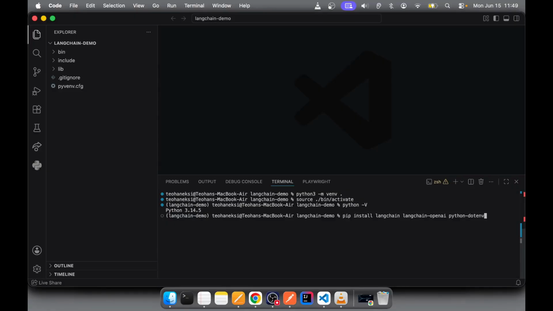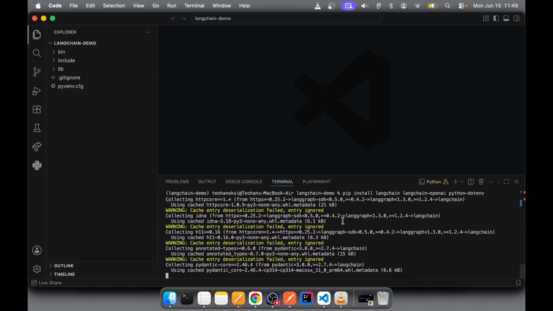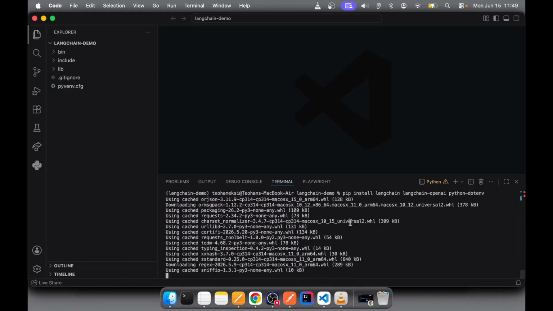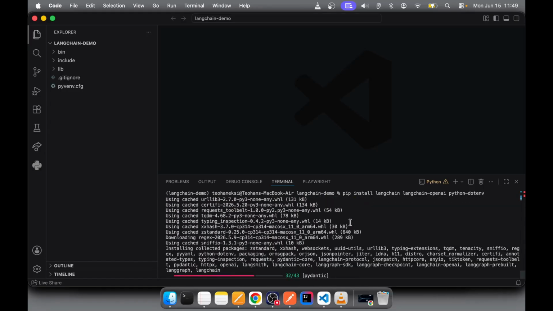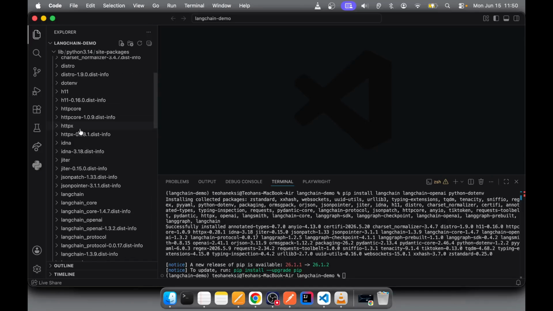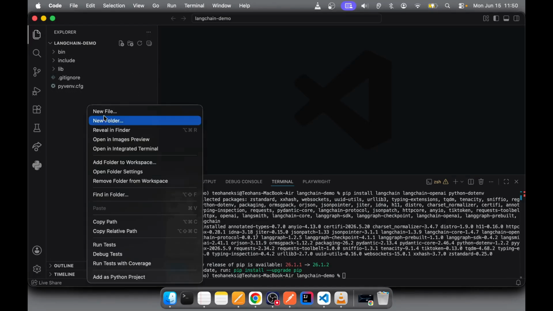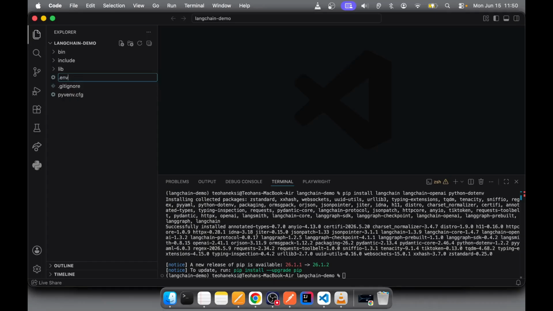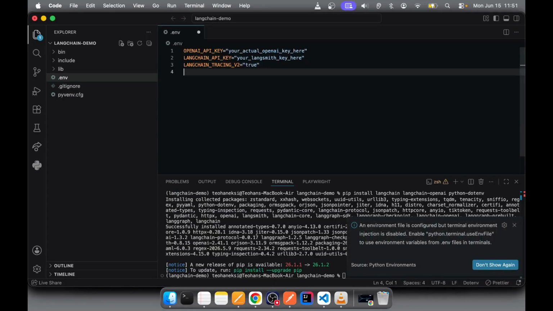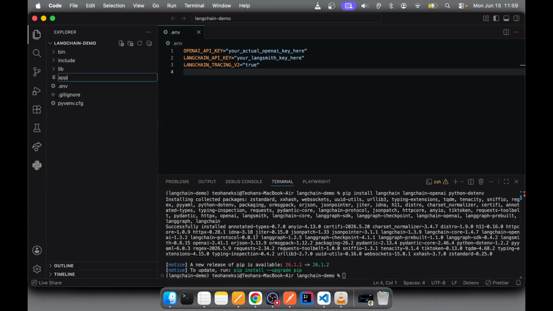Next, we need an API key to handle our model calls. How to get a LangChain API key and model access. You'll want to head over to the OpenAI developer dashboard to grab your secret API token. While you're at it, I highly recommend creating a free account at LangSmith to get a LangChain tracing API key so you can debug your agent loops visually. Once you have your keys, create a .env file in your project directory like this, and put your keys and other variables in it. Now, let's see how to use LangChain in Python and build a quick runnable chain.